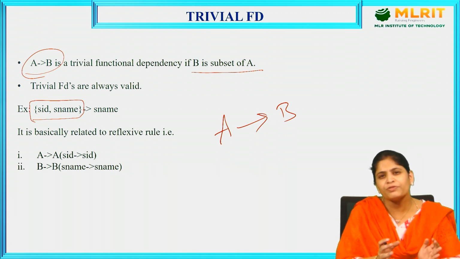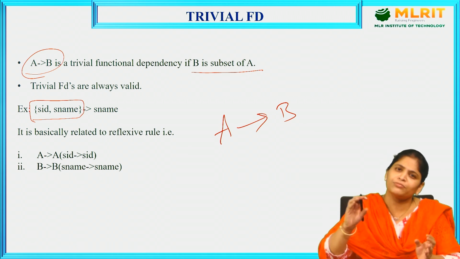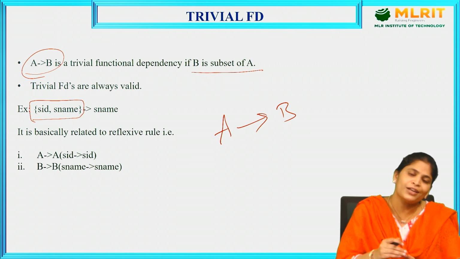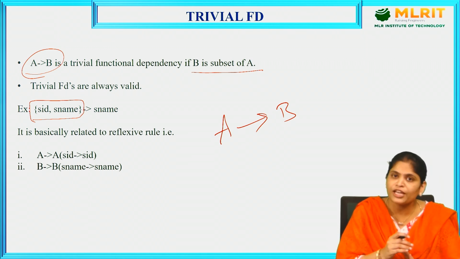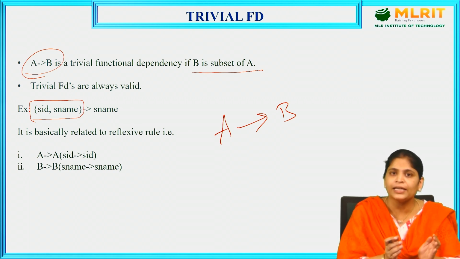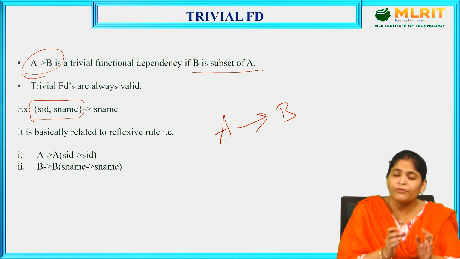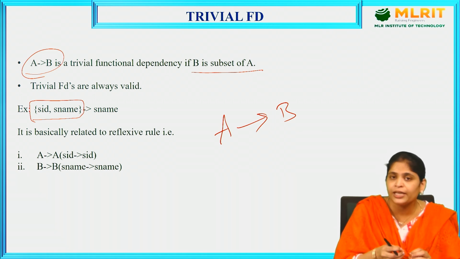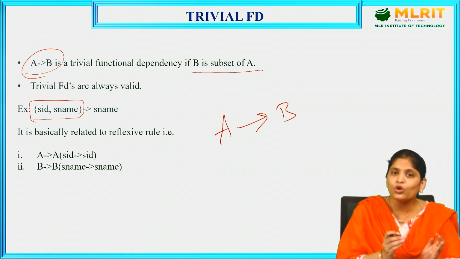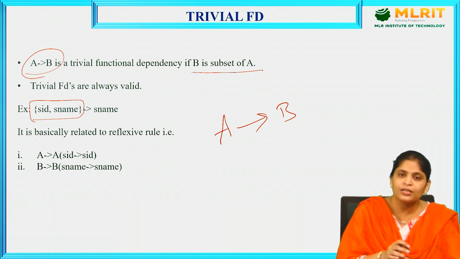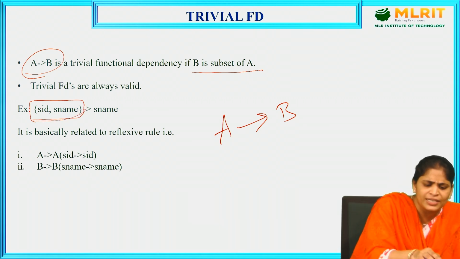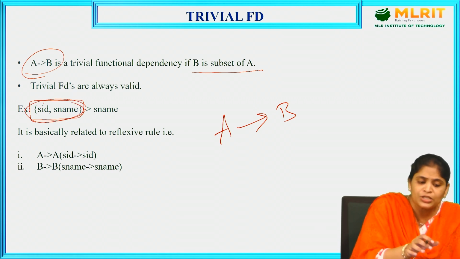A combination of some attributes can derive another attribute uniquely. Why? Because we can have more than one column as a primary key. More than one column as a primary key, right? That means two columns can be combinedly considered as a primary key. Why? Because if we want the data uniquely, then in some cases we have to combine two columns as a primary key. In such cases, how can functional dependencies be represented? So let us suppose here SID comma SName,